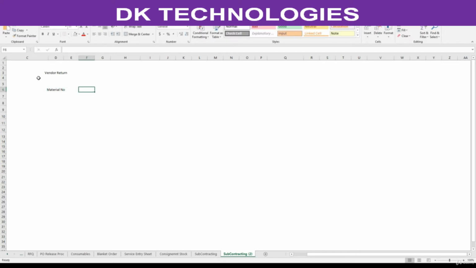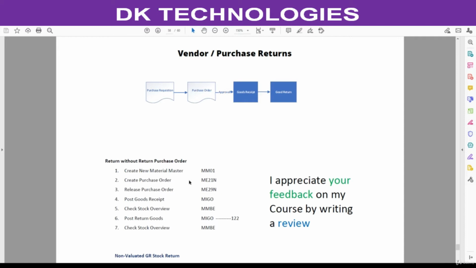Material number, PR PO. Now next step is to create a purchase order. For testing purpose, I am creating directly from purchase order. If you want, you can create from purchase requisition. We created many purchase orders, so you can follow the standard process, purchase requisition to purchase order.